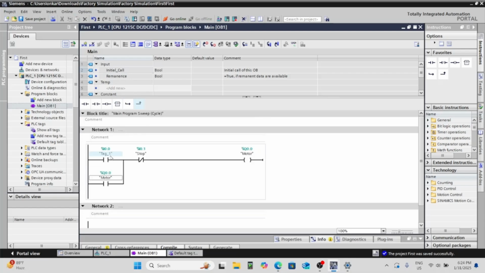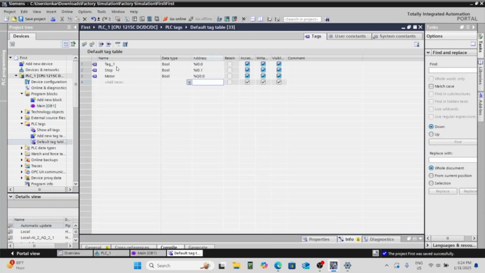Oh, I forgot to rename E0 earlier. No problem, just go back to the default tag table and rename it to start. Now,